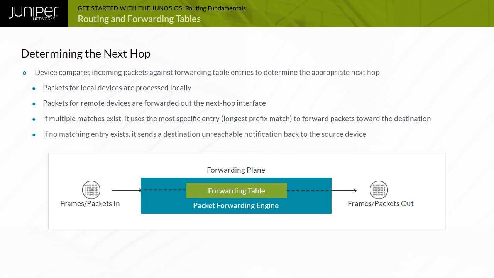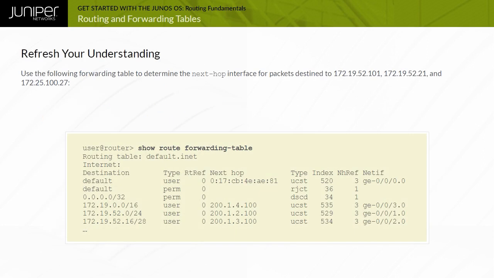In situations where no matching entry exists, the device running Junos OS responds to the source device with a destination unreachable notification. The example displays a sample forwarding table and tests your understanding of how next hop interfaces are determined. Although multiple entries might match a destination, the device uses the most specific, longest prefix match entry when determining a packet's next hop interface. The most specific forwarding entry matching packets destined to